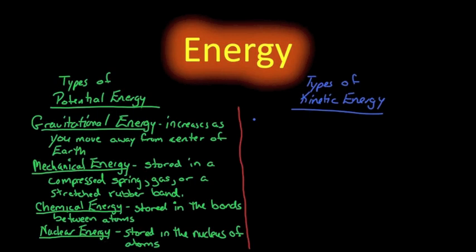Okay? If a basketball player or a football player takes a ball and throws a pass, they convert the chemical energy in their cells to create movement of their muscles and bones, and they transfer that motion into the kinetic energy of the moving football or basketball.